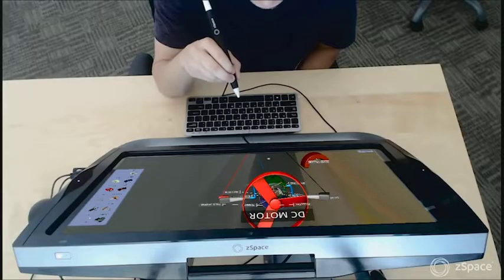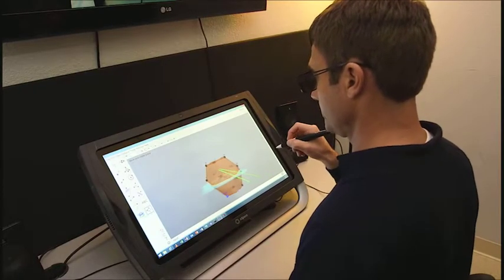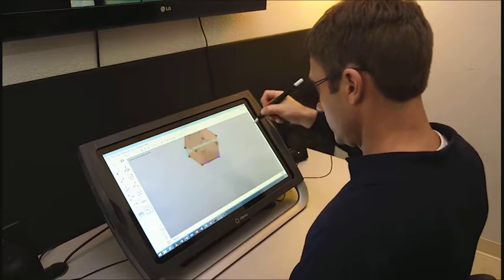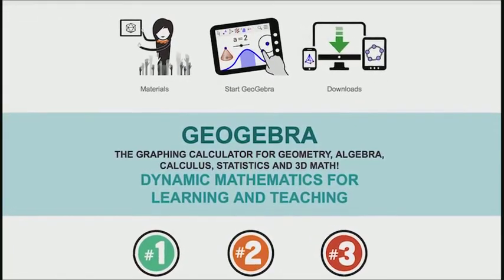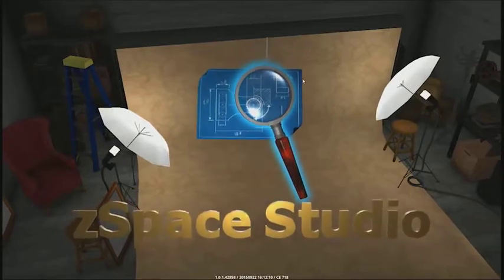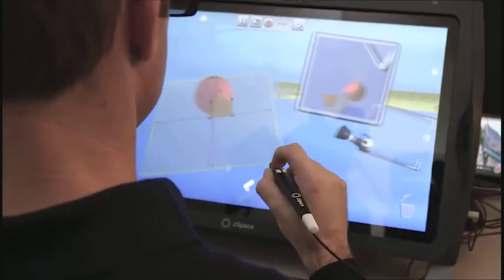We knew there was demand for chemistry and math. We've looked around for really nice math applications that would lend itself well to the 3D platform of zSpace. GeoGebra really brings that solid math application to the platform. GeoGebra is a dynamic mathematics software that supports teaching and learning from kindergarten through grade 12 and all the way on through tertiary education. What zSpace and GeoGebra allow the user to do is look around objects, and really now